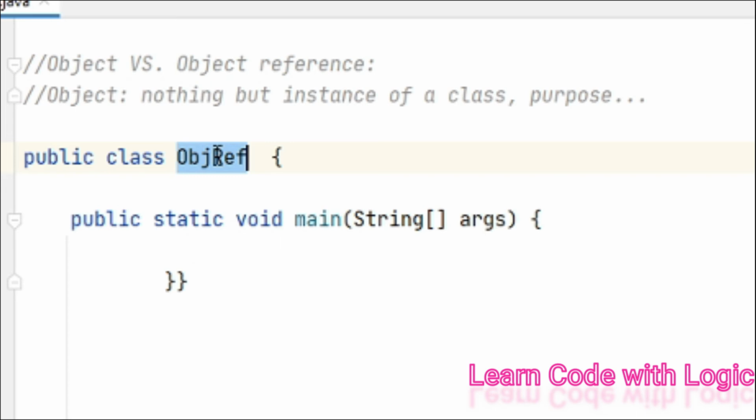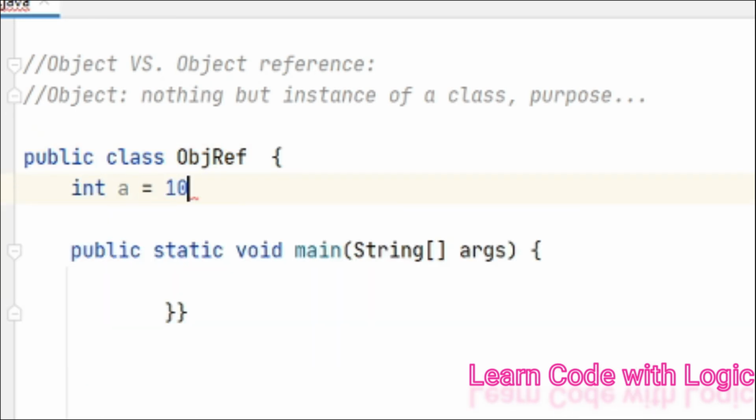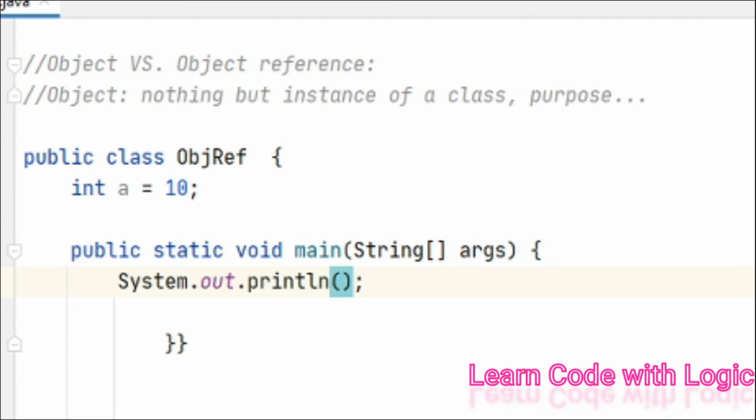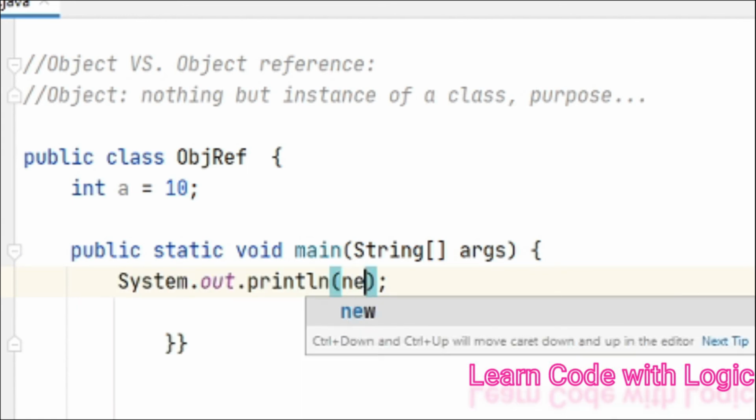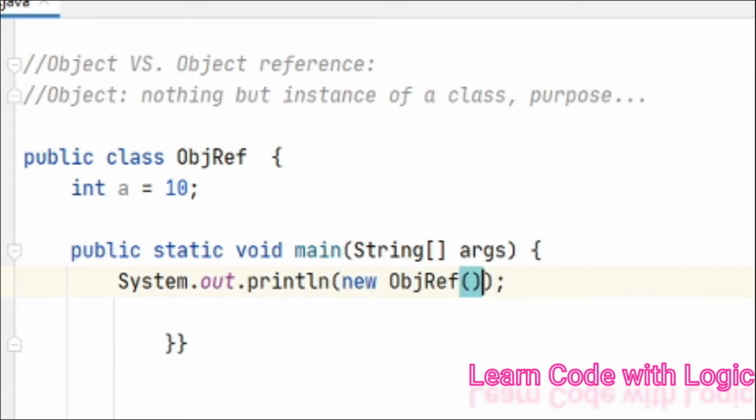First of all, I created a class, then one variable, int a equal to 10, and a print statement. Now I am creating the object. This is how we need to call the instance variable. This is the object and this is the variable being called.